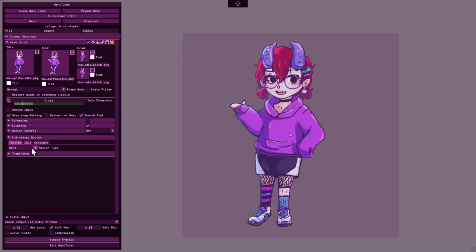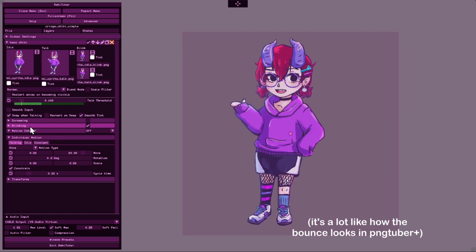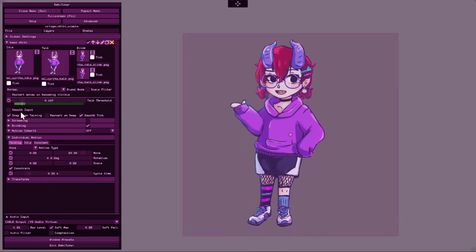This is Future Kip again. In update 13.5, a new option for talking has been added to this drop-down menu. You'll see the once option now. We'll go into detail about all of the settings down here when we talk about loudness, because it's the main one that I use, but once will make your talking motion apply only once as your audio input reaches the layer's talk threshold, and then it will return the layer to its normal position until the next time you speak.